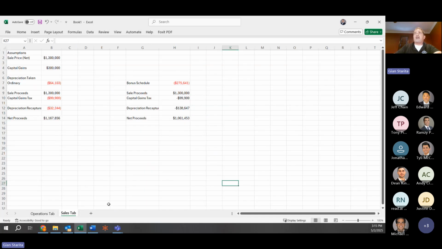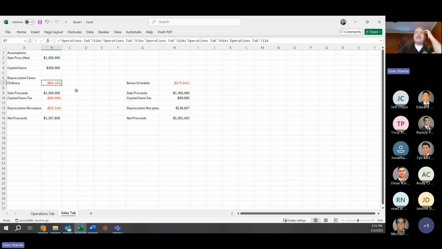So you own the property for 5 years and you're going to sell it. Now what? Let's talk about this for a second. Let's say I bought it for $1 million originally, and I'm selling it for $1.3 million net. That's after my brokerage fees and all the other expenses of sale, the money that would normally come to me, right? And I'm not doing a 1031 exchange, or I want to know what my cost savings are if I do a 1031. So my sale price is $1.3 million. Well, my capital gains is 300,000, right? I paid $1 million and I'm selling it for $1.3 million. 300,000 of that is capital gains.